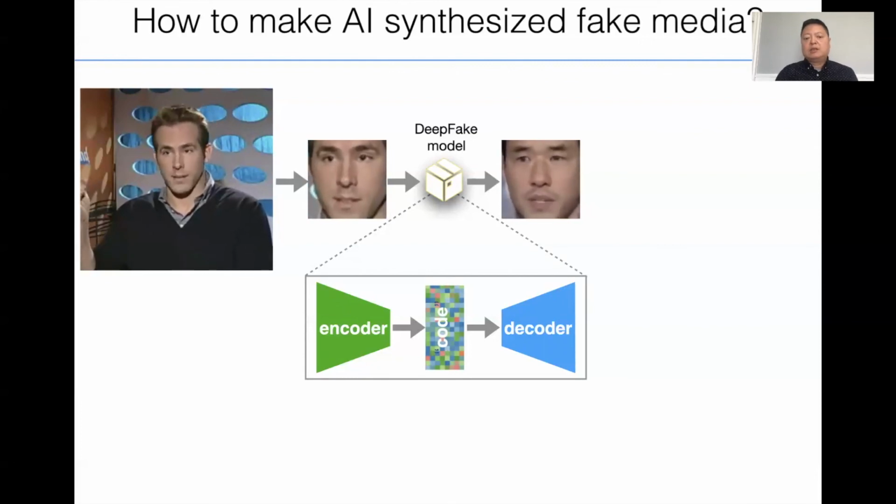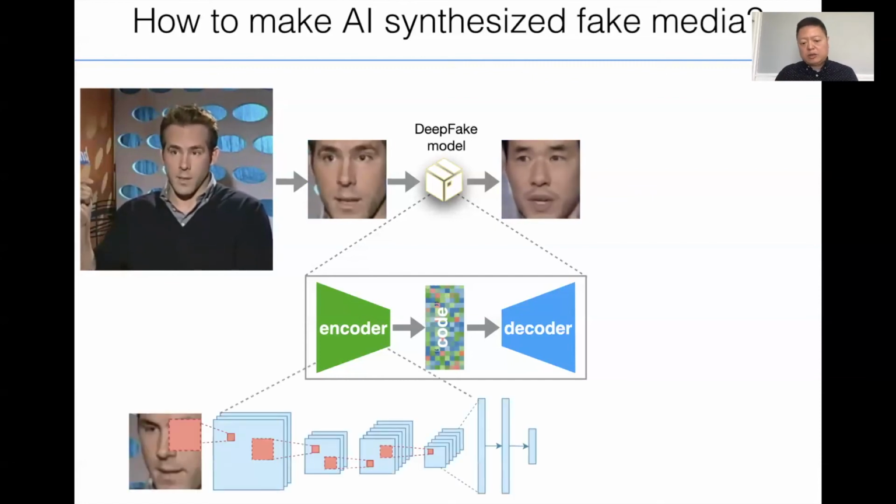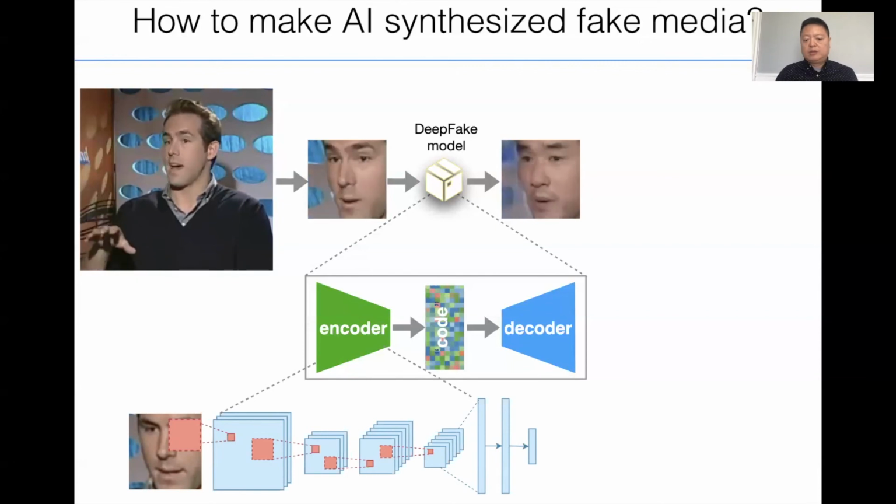The encoder's task is to separate the facial expression of the input from the identity of that subject. All the essential facial expressions are represented in a vector known as the code. The code is then fed into the decoder, which combines the target's identity with the input's facial expression and creates us this video, okay? And each of the decoder and encoder is actually a mathematical computational model known as a convolutional neural